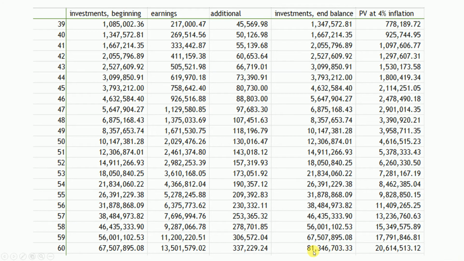By the time you reach 60 years old, your investment will end up at 81 million at age 60, and that's about 20 million in today's money. So again, if you are the kind of person who says that's just 20 million, imagine I saved that my whole life. But the question is, at today's money, if you are able only to save 1,000 per payday, then you deserve this 20 million. My God, if that's the only thing that you can save,